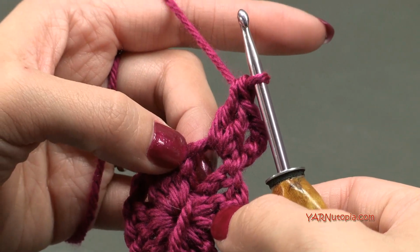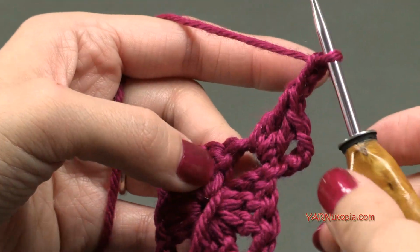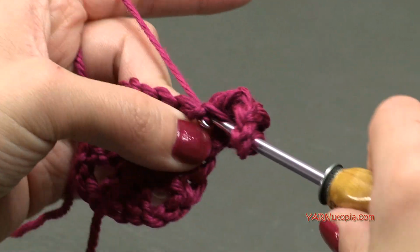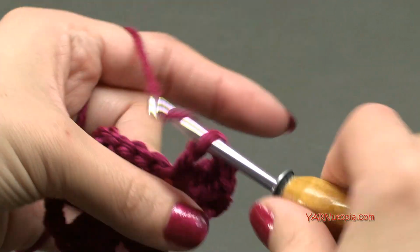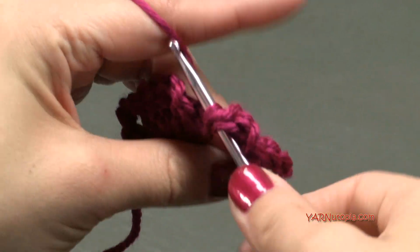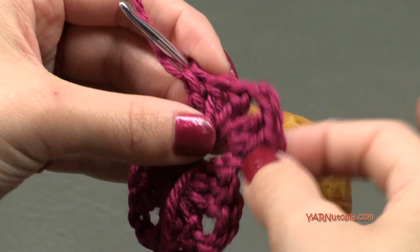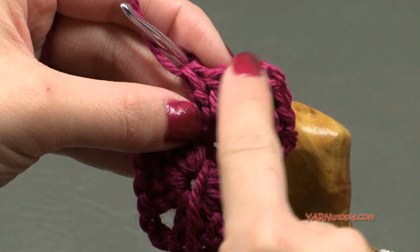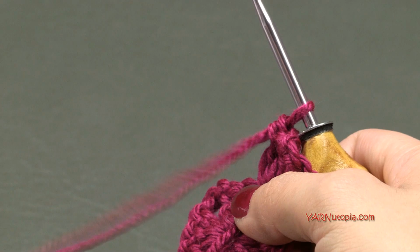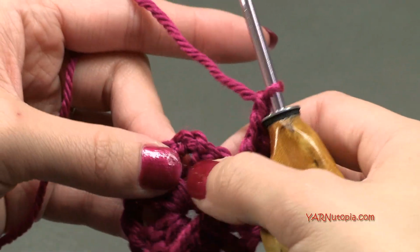Now we are going to create a corner, so let's chain 2, 1 and 2, and in that same corner space right here, we're going to put 3 double crochets. So 1, 2, and 3. Okay, so it looks like a corner. It actually looks like there's 3 double crochets, chain 2, and 3 double crochets in there. Now what we're going to do is chain 1, so yarn over, pull through, and hop to this next corner